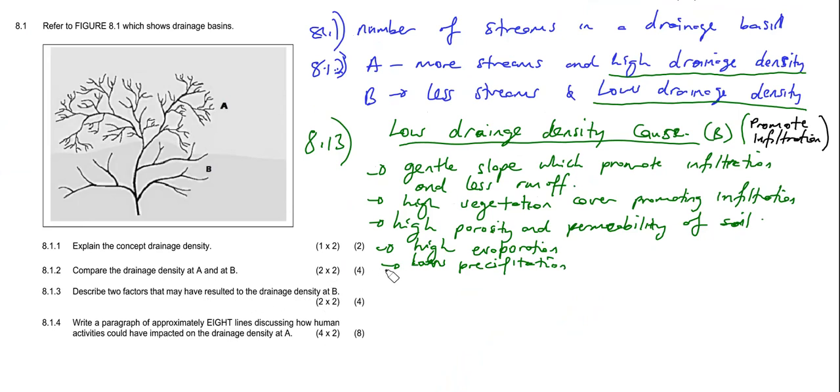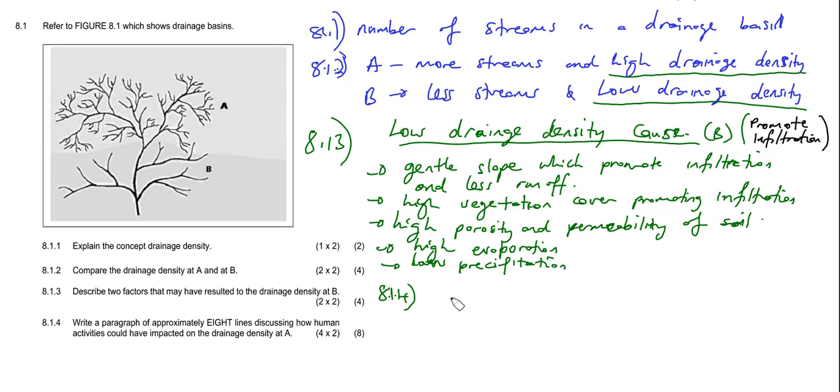Now let's move on to the next one, which is 8.14. Write a paragraph of approximately 8 lines discussing how human activities could have impacted on the drainage density at A. So what could have resulted here in the drainage density at A? What did we do as humans to